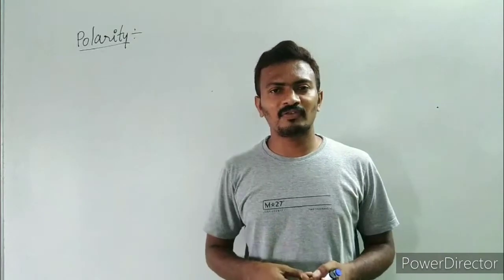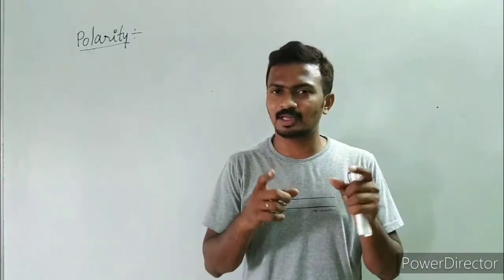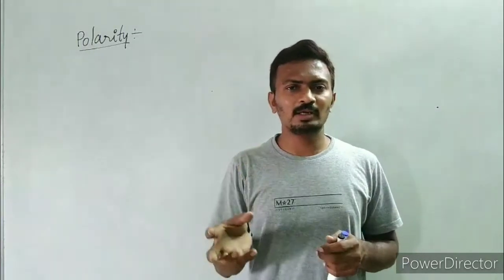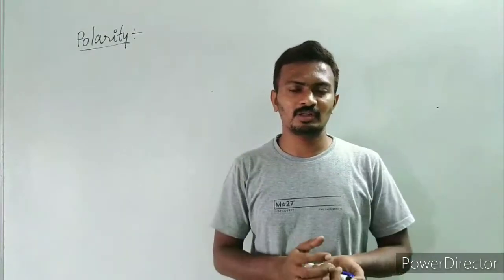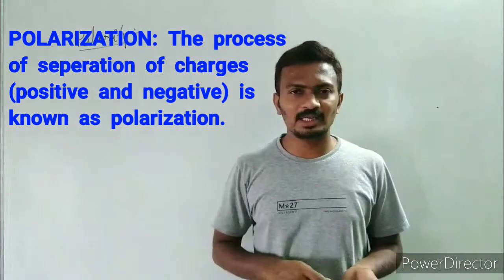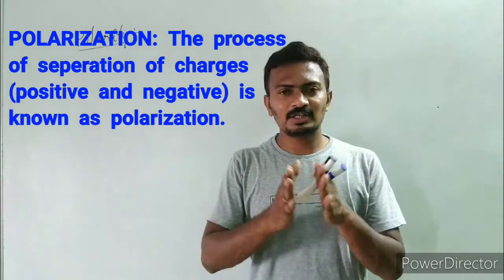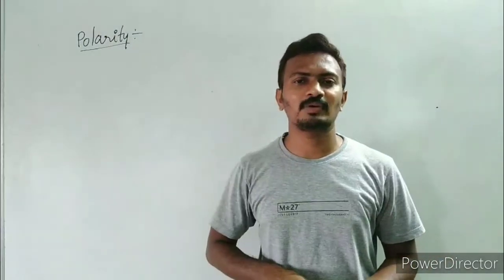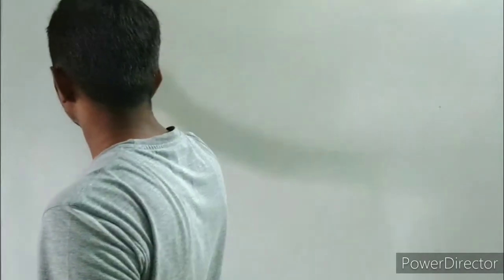You know that a bond is formed by sharing of two electrons between two different or similar atoms. That is a covalent bond. And an ionic bond is formed by the attraction between oppositely charged ions. So if you come to polarity, polarity means what? Something which is completely separated, then we call it what? Polarization.